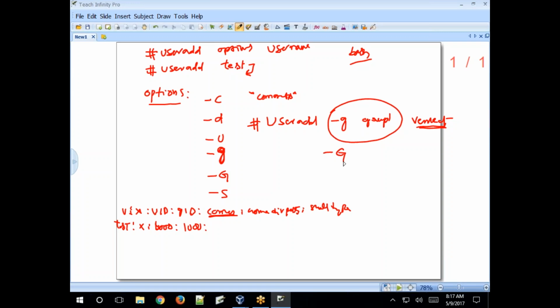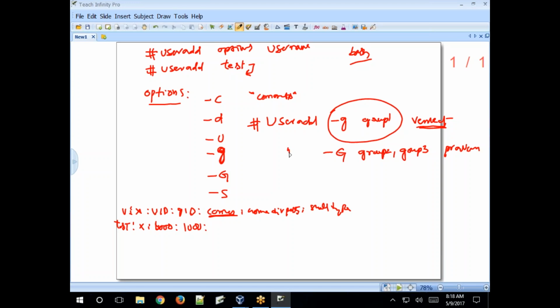If you specify group names here, group2, group3, and any username, Praveen, the same useradd command.